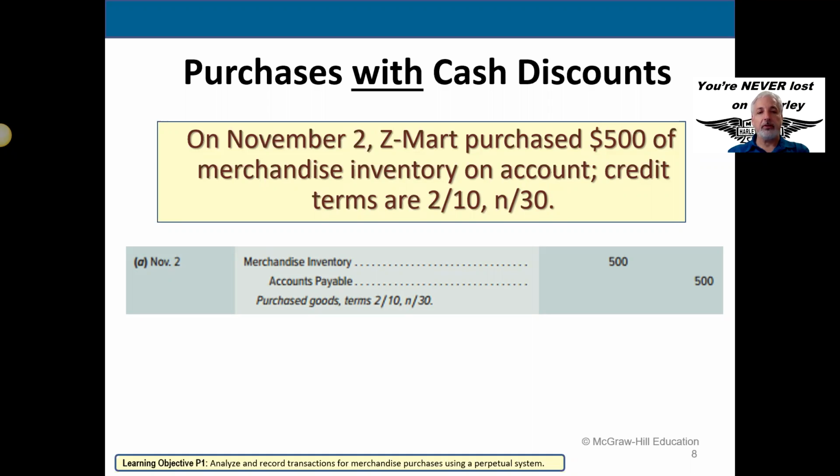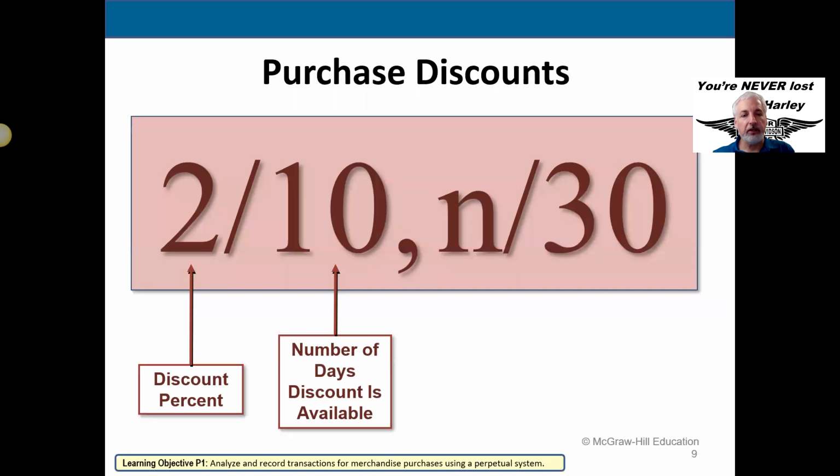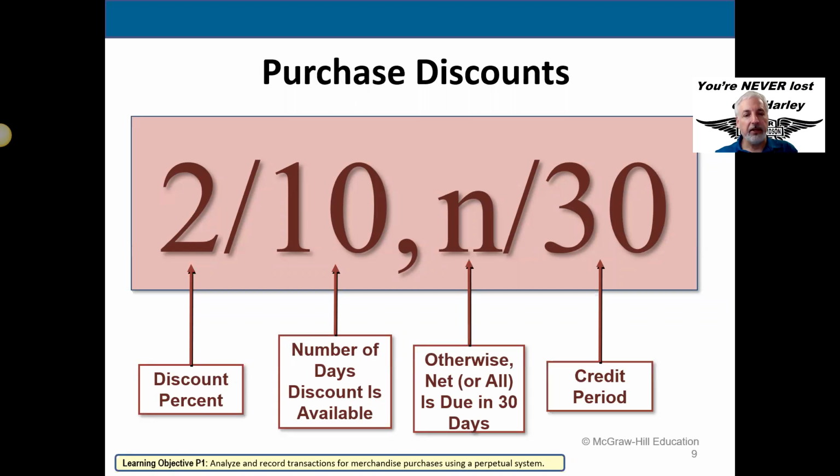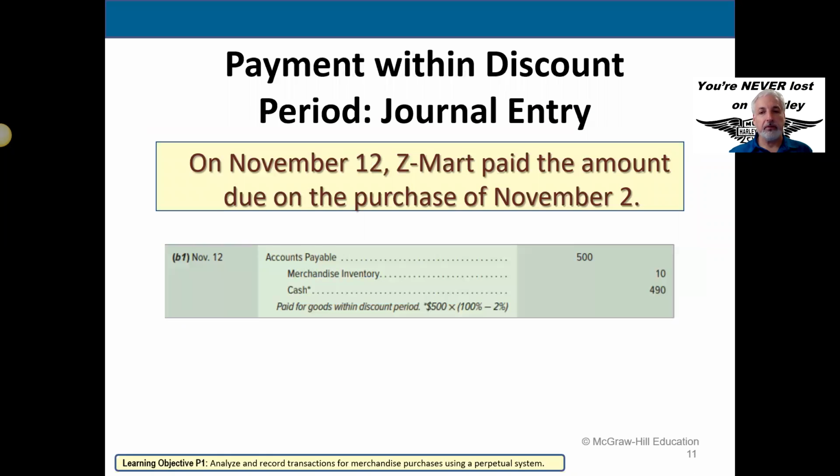All right. So in this case, we bought inventory on account. We debit merchandise inventory, credit accounts payable. Notice we didn't expense the inventory yet. Revenue recognition allows us to recognize the revenue when we sold it, and matching matches the inventory sold through what we've been talking about as cost of goods sold. Our 2/10 net 30,